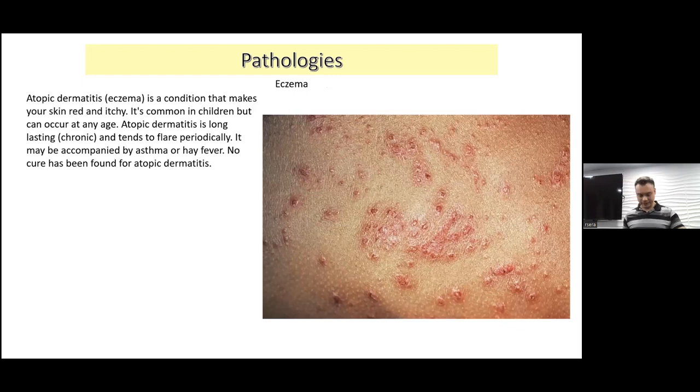Eczema is our next pathology here. And so eczema